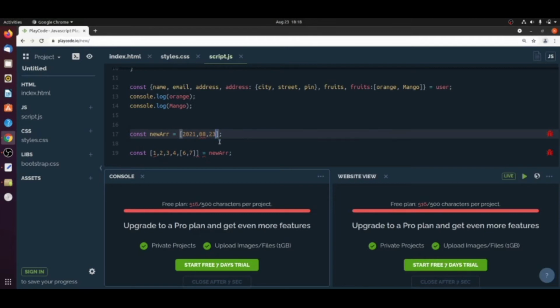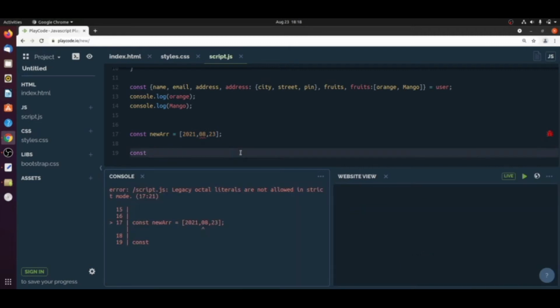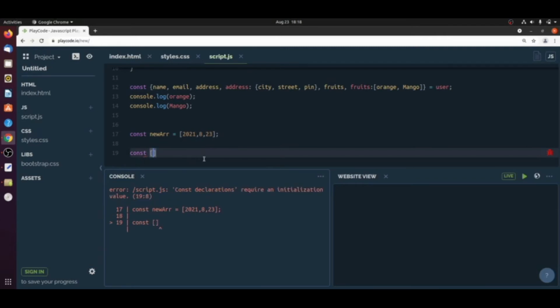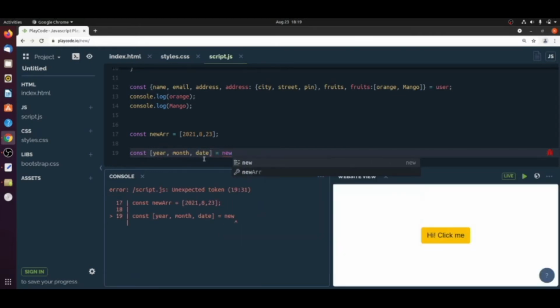Here this is year, this is month and this is date. So you can do like this: year, month, date equals new array.